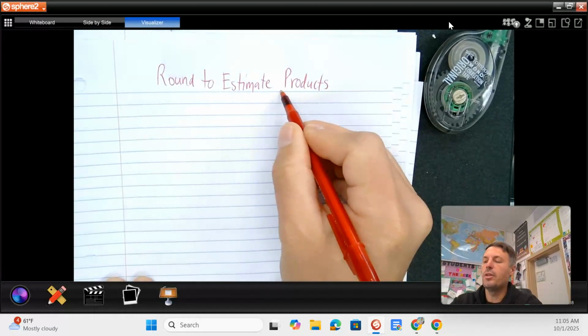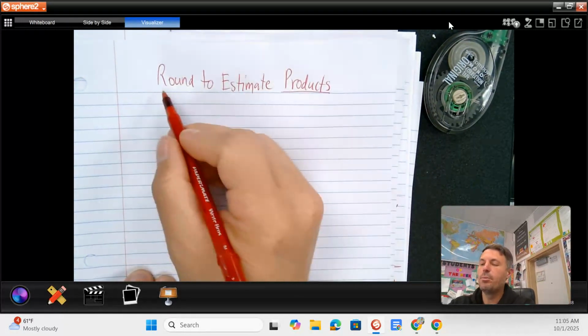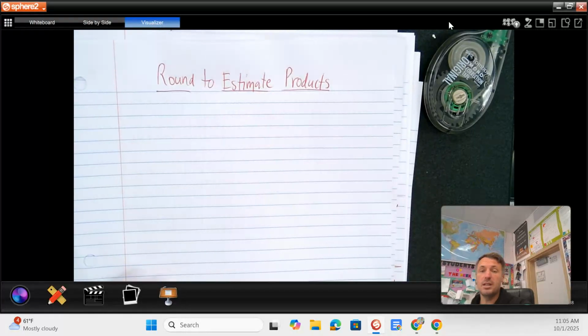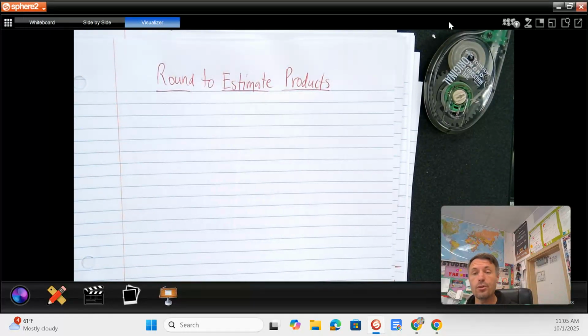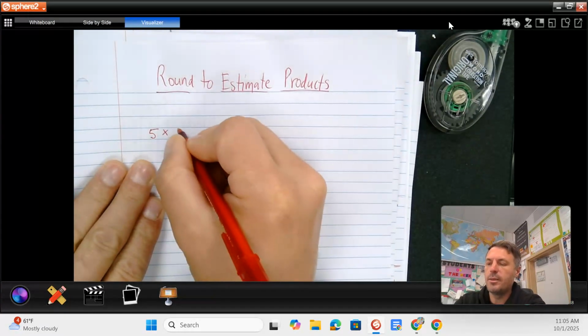So remember that a product is the answer to a multiplication problem. And both round and estimate mean to find an answer that's around the exact answer. So let's jump right into an example here. Let's say we have 5 times